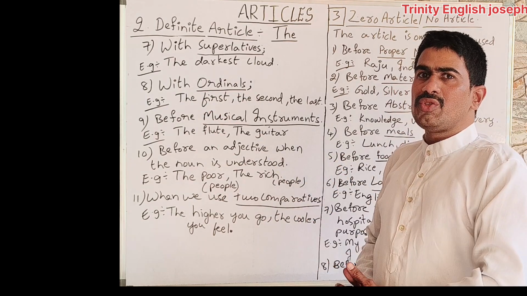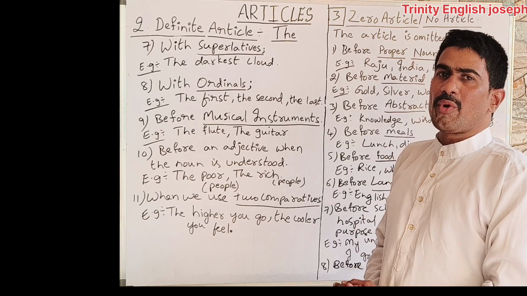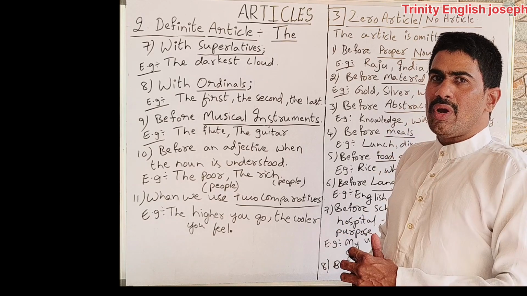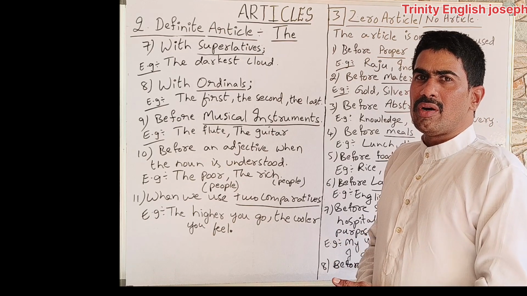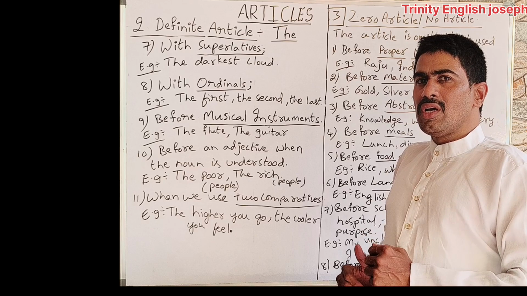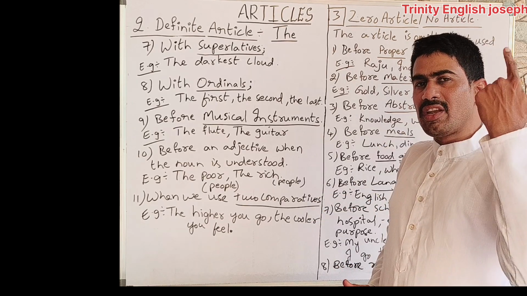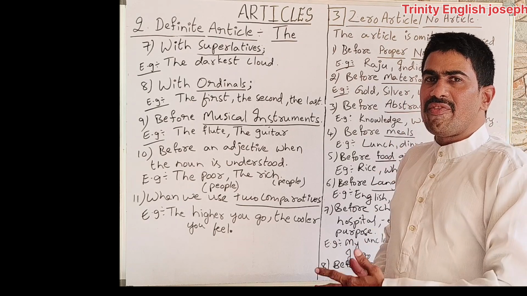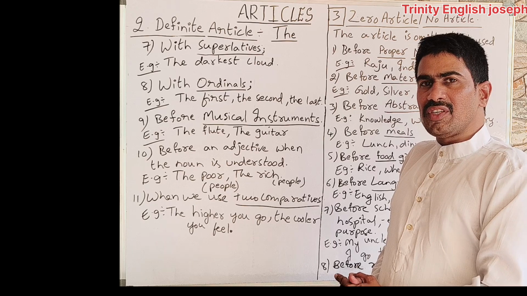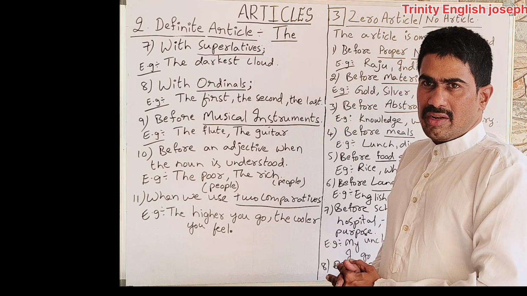We should know these ones. When I was talking to you in my previous video about adjectives, I told you about adjectives of number. I told you about three different kinds of adjectives of number: definite numeral adjective, indefinite numeral adjective, distributive numeral adjective. In the definite numeral adjective, I have just told you about the cardinals and the ordinals.